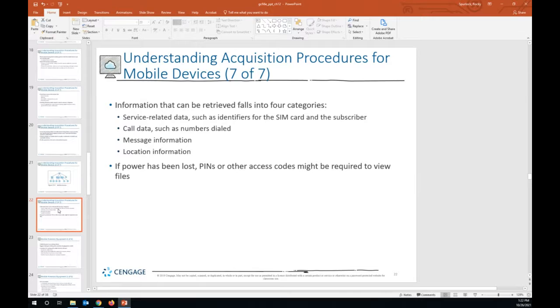Now, the information that can be retrieved would fall into 4 categories. We have service-related data, which are identifiers such as the SIM card and the subscriber. The call data, which are the numbers that have been dialed. Then you have the message information and also the location information.